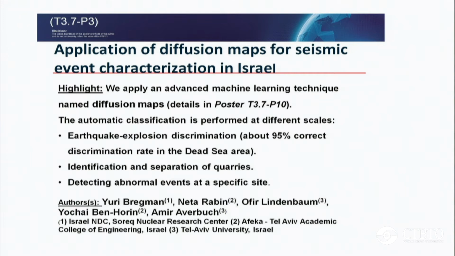For example, we have achieved 95% correct discrimination in the Dead Sea area. In the lower scale, we use this method in order to identify and separate different quarries. And last, we use this method for